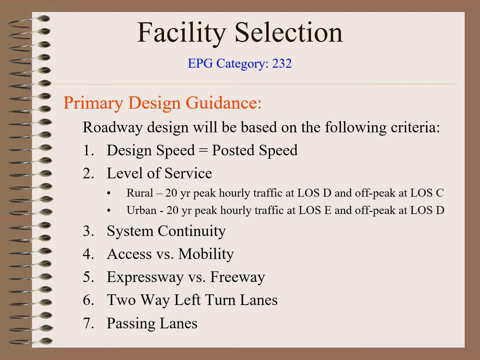Let's talk about the primary design guidance according to the Engineering Policy Guide for MoDOT design work. Roadway design will be based on the following criteria. Your design speed will always be your posted speed. The level of service that we're going to design our highways for is a 20-year peak hourly traffic at level of service D and off-peak at level of service C. So here you can say that we are saying that you can have a new road that has a level of service D